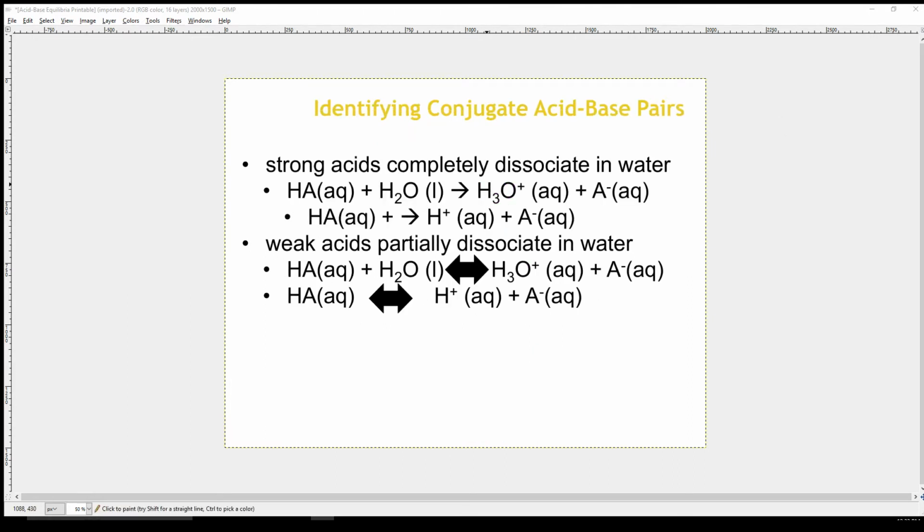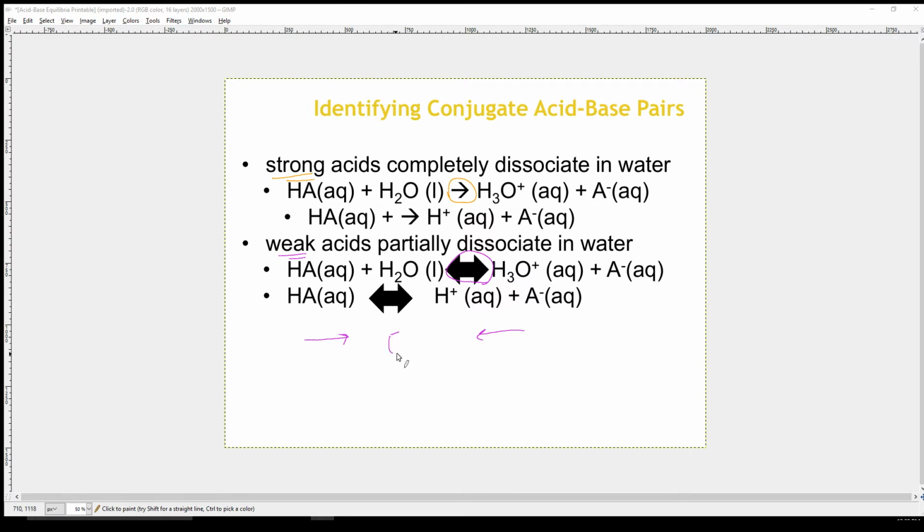Something else you want to be careful of is drawing the right arrow. We use a one-way arrow for strong acids and strong bases. We use a two-way arrow for weak acids and weak bases, because weak acids will only partially dissociate in water. In other words, some of the reactants are left over after the reaction has happened. In fact, the reaction just keeps going. Some of the products will go back and become reactants, and the reactants will continue going forwards and becoming products